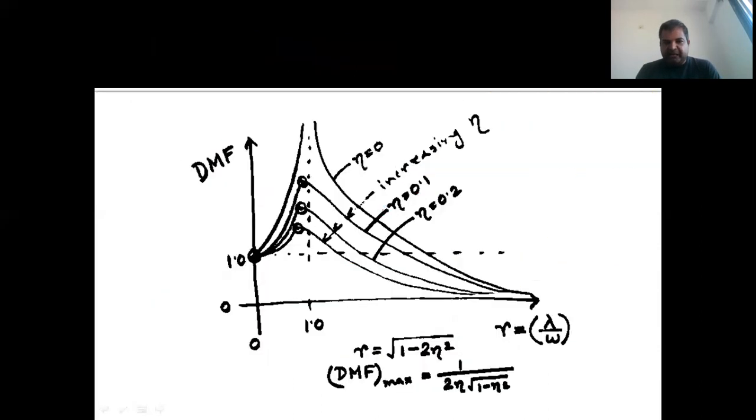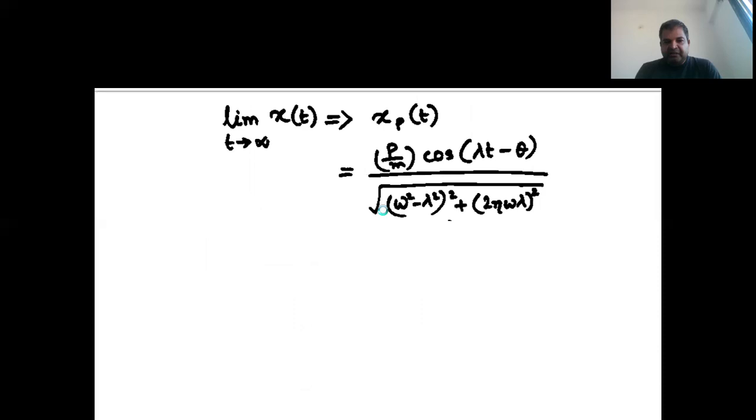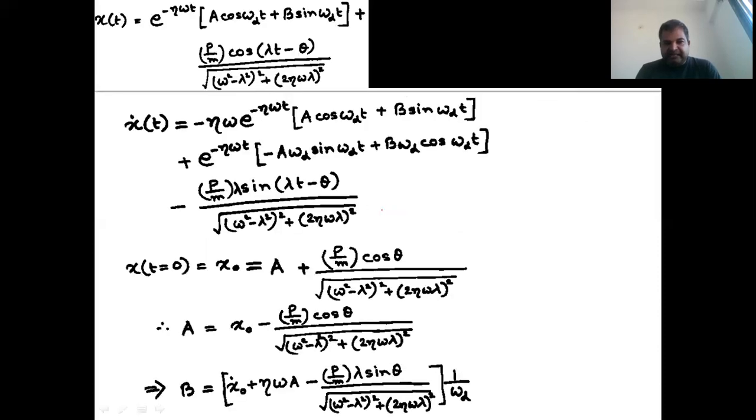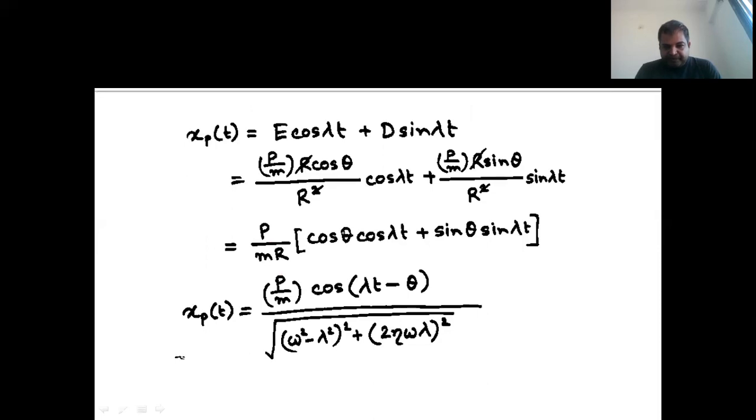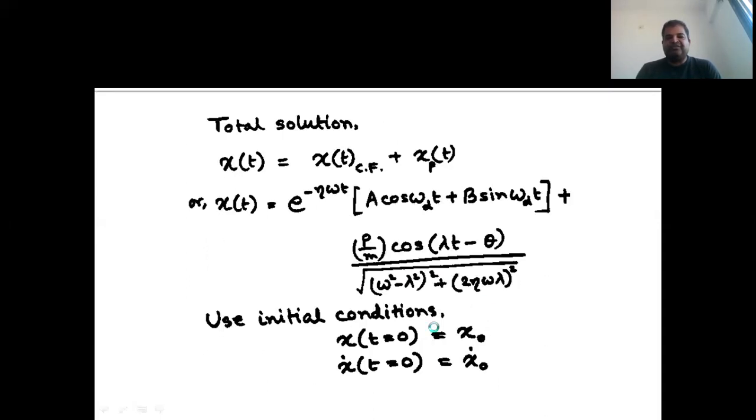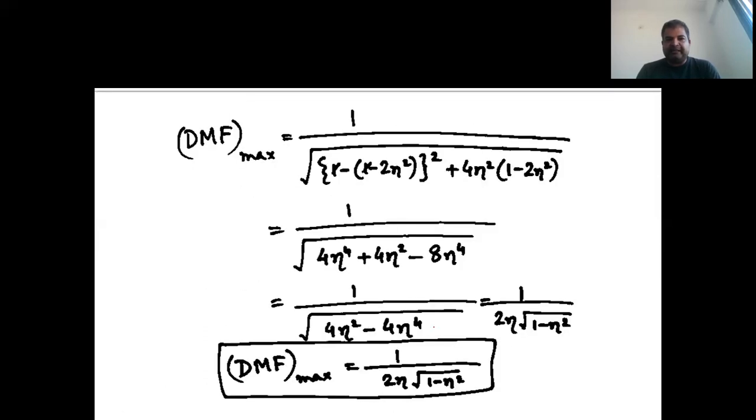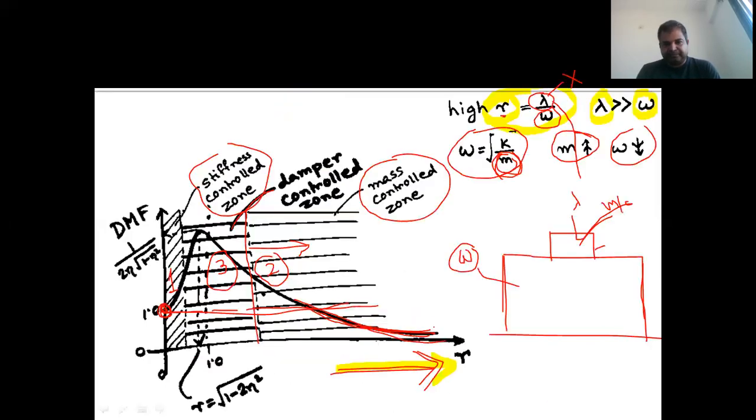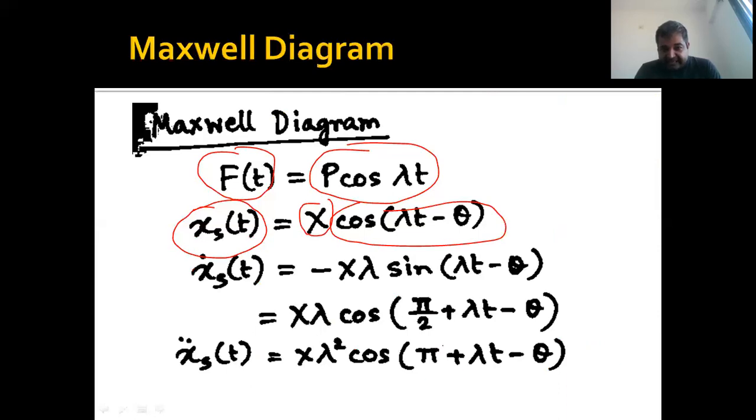I will just go back to my previous slides. Then you will remember for this curve, when you have found this value, you can see this is my amplitude and this is my cosine function. So if I write this as x, this is my amplitude x into the cosine term. This is nothing but the amplitude which I'm defining as x. So this is x cos lambda t minus theta, right?